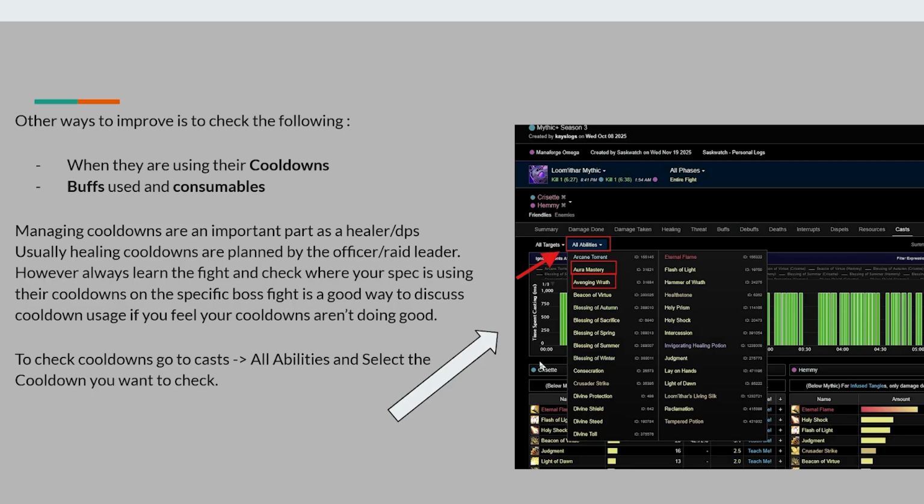Another important thing, in the cast and timeline, you can also filter it, so you can only see different spells. It is important to see everything overall to understand, learn and improve. But also in the buff sections, you can also see